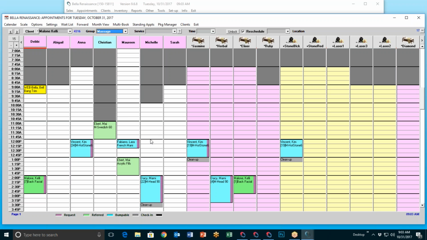So I could, for instance, book Michelle in the herbal room, but then if I booked Sarah, the herbal room wouldn't be an option. So I would be able to book the herbal room right on top of my other appointment, and then it would say, okay, who's the people? And Michelle wouldn't be an option, but Sarah would. So then I could have Michelle booked with Tom Smith and Sarah booked with Jane Smith, and both of them